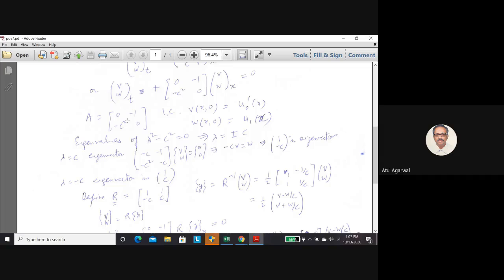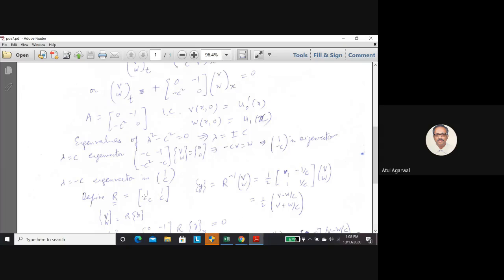Now we find the eigenvalues of this matrix. You will find that the eigenvalues become plus minus c, and we get the eigenvectors corresponding to these plus minus c, as these are the eigenvectors. So we can define a matrix R as we put these eigenvectors in the columns of this matrix. So our transformed variables y will be R inverse times this vw. So we put the R inverse of this matrix. This matrix R inverse will be given by this, what I can show here.